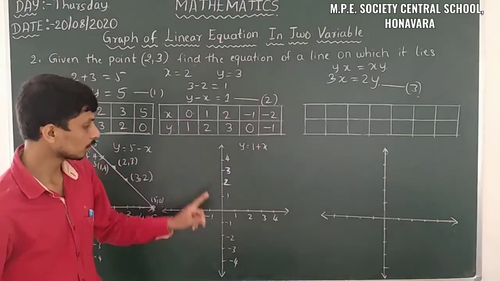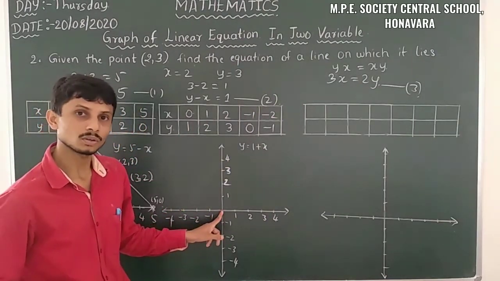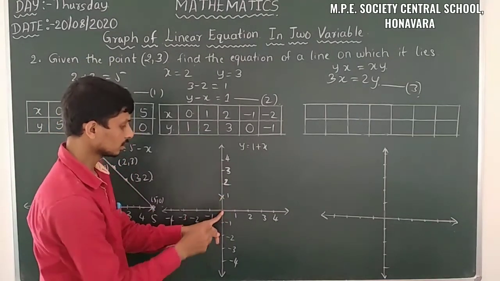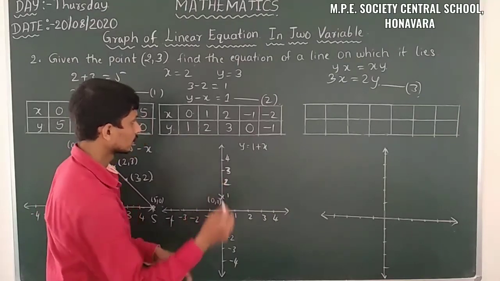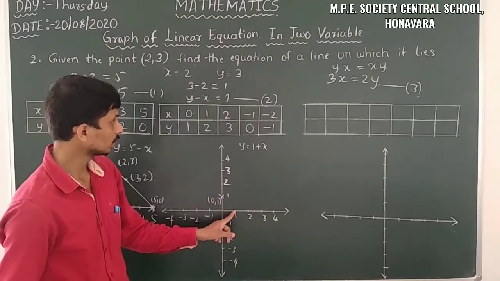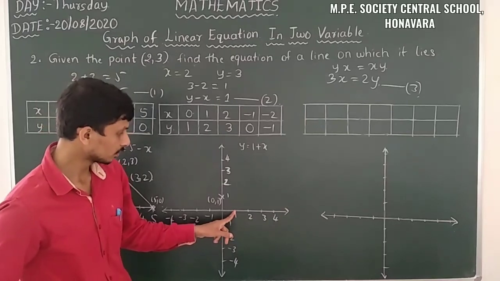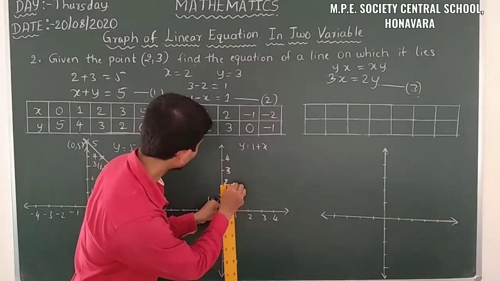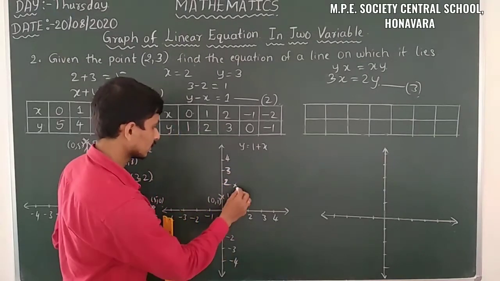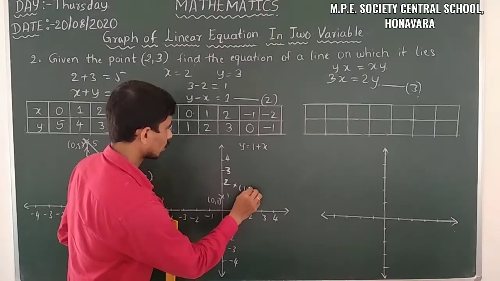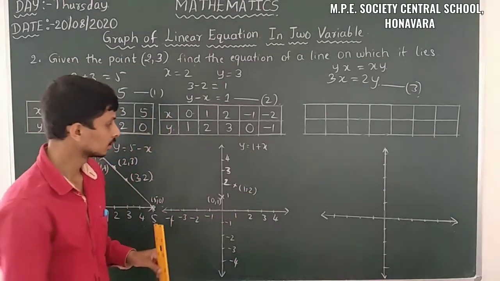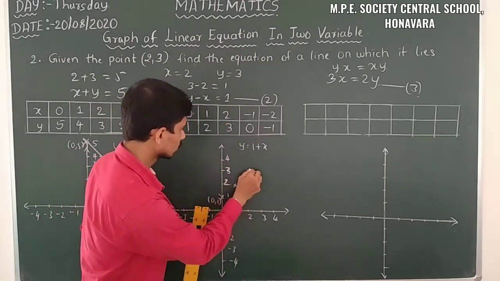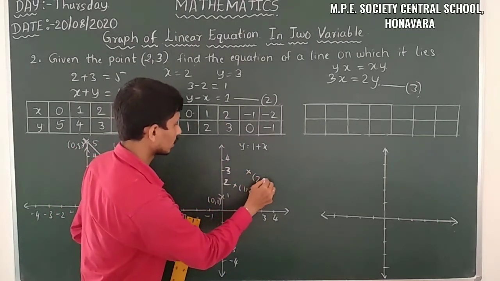Okay. So 0, 1. Firstly we have to stand on 0 of the x coordinate, then we have to take the y coordinate as 1. It is 0, 1. Then 1, 2. Here the x coordinate is 1, and then we take the y coordinate 2. Yes, it is 1, 2. Then after that 2, 3. Here 2 is there and here 3 is there. So we have to take 2, 3.